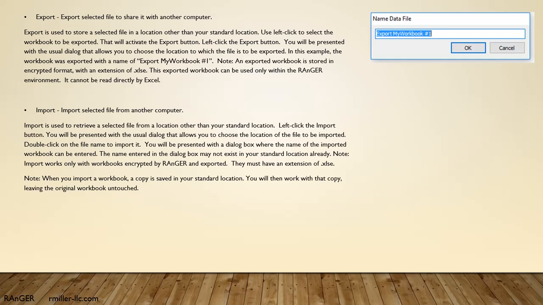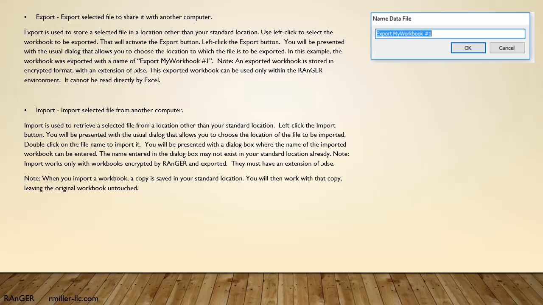Export: export selected file to share it with another computer. Export is used to store a selected file in a location other than your standard location. Use left-click to select the workbook to be exported. That will activate the Export button. Left-click the Export button. You will be presented with the usual dialog that allows you to choose the location to which the file is to be exported.